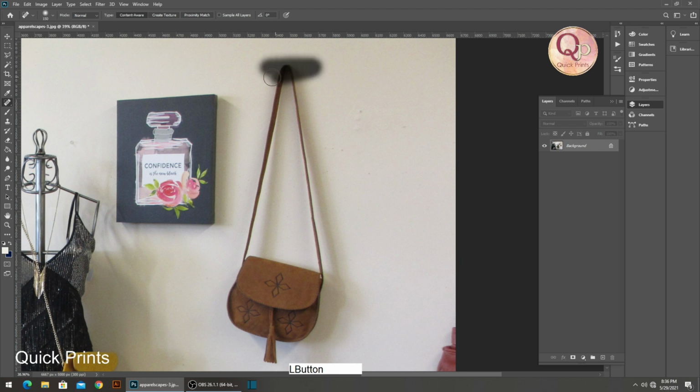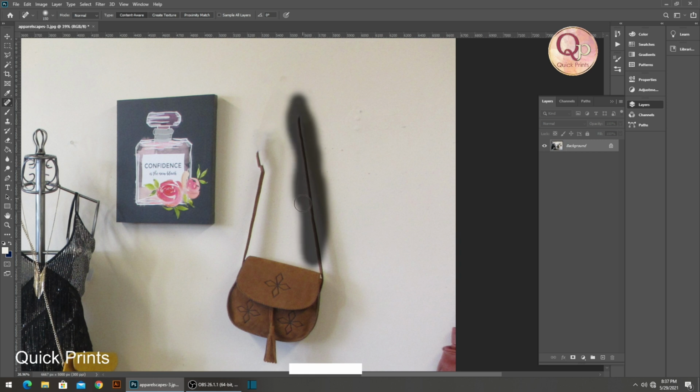See, when we are using this spot healing brush, you have to be patient because it will take time, but eventually it will give you a great result. So don't need to worry, don't need to take stress. It will take slightly extra time, and it will not give you an instant result, but it will give you for sure a great result. So just see this, how it works.